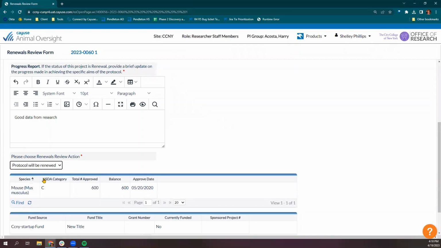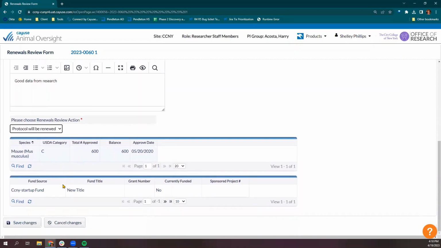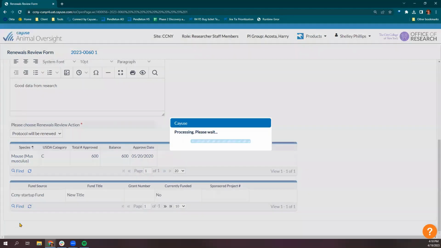I have good data, but I need more data. I will then have my protocol be renewed. It's just reminding me what species I've listed and number of animals and any funding. When I hit save,